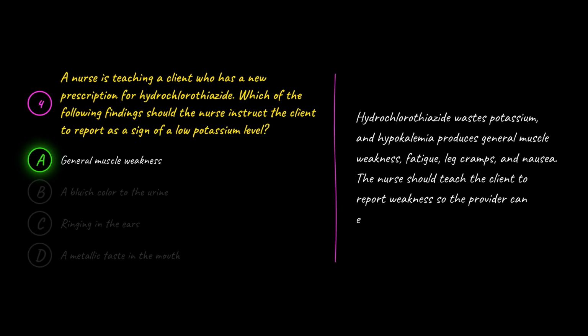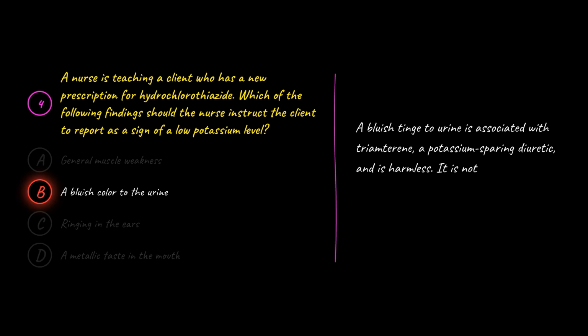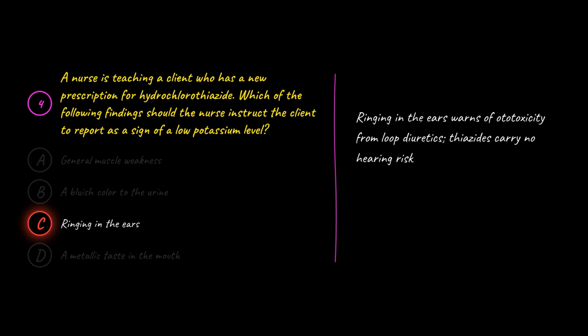problems arise. B is wrong because a bluish tinge to urine is associated with triamterene, a potassium-sparing diuretic, and is harmless. It is not a feature of low potassium, which announces itself through muscle and cardiac symptoms rather than a change in urine color. C is wrong because ringing in the ears warns of ototoxicity from loop diuretics. Thiazides carry no hearing risk. Low potassium does not affect the ears, so the client should instead watch for weakness and cramps as the signal